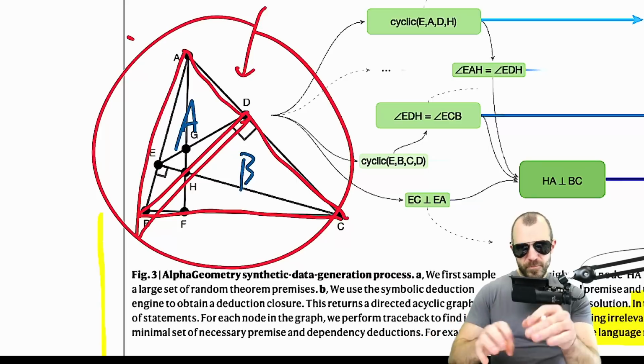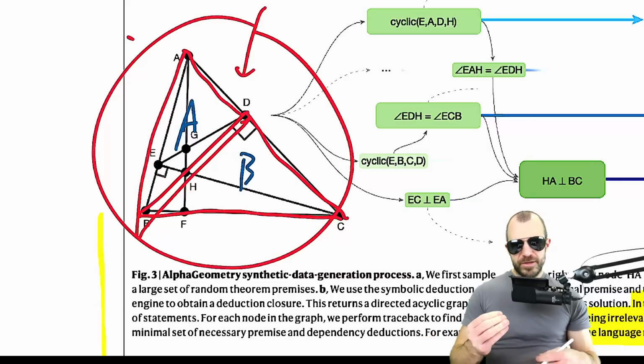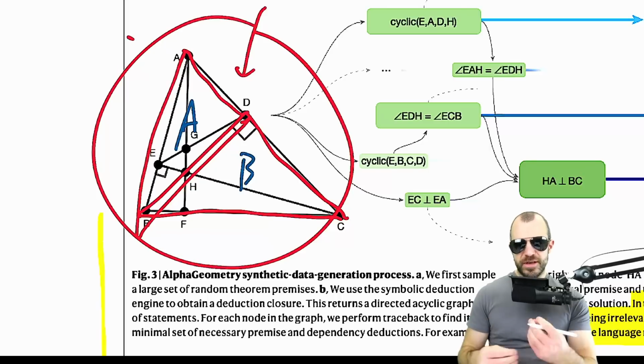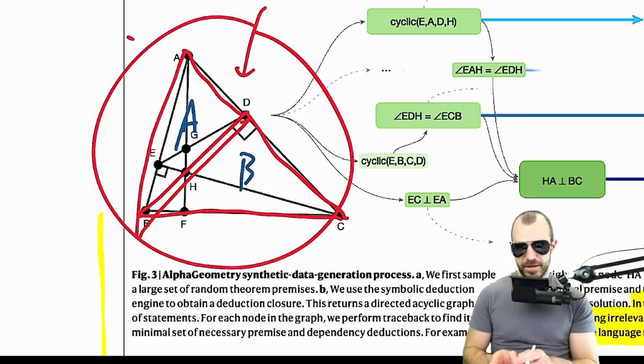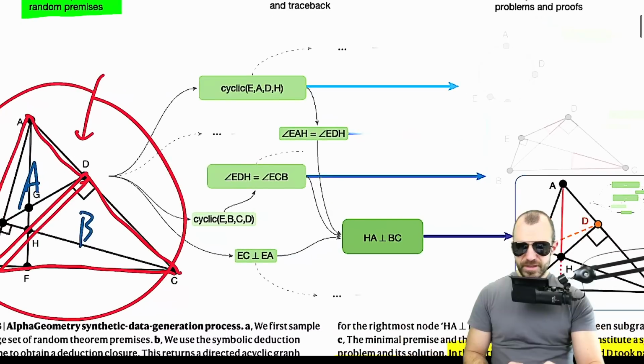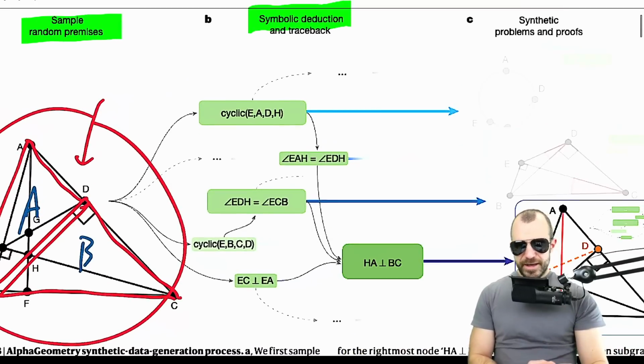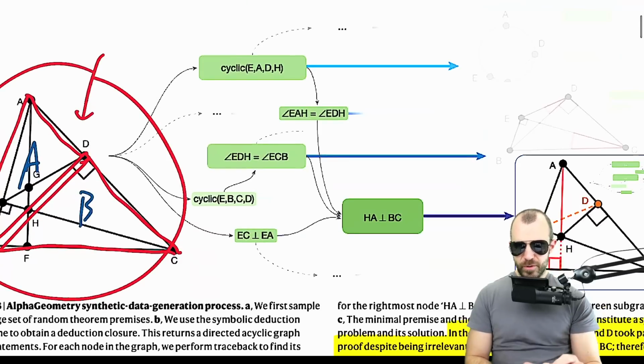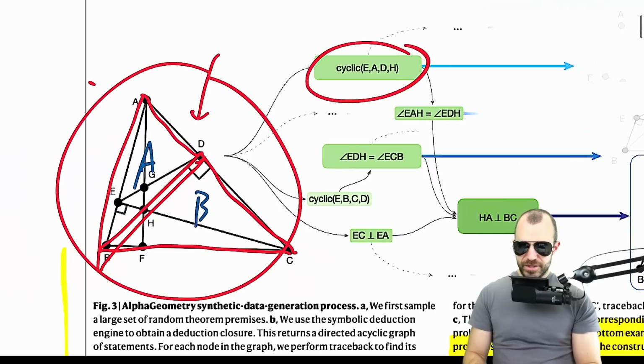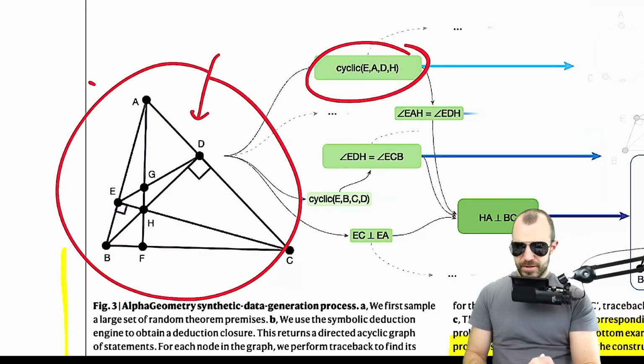From what we've constructed right here, we can go ahead and use our symbolic reasoning engine to give us sort of the closure of all the statements we can now prove about this thing in total, right? So they call that symbolic deduction, to prove all the statements. And by doing that, they build these trees. So, okay, we can prove that EADH, this polygon right here,